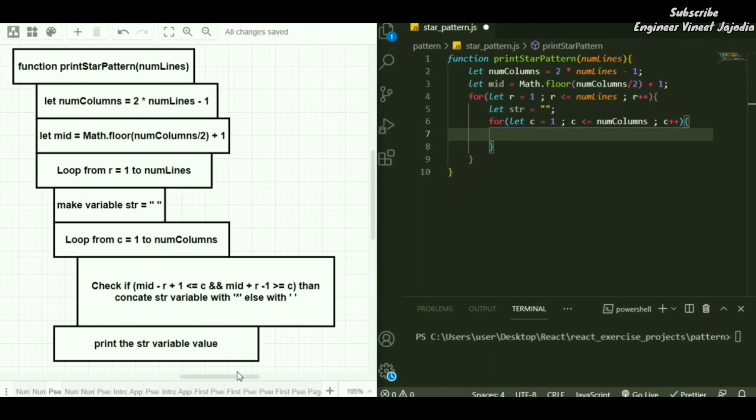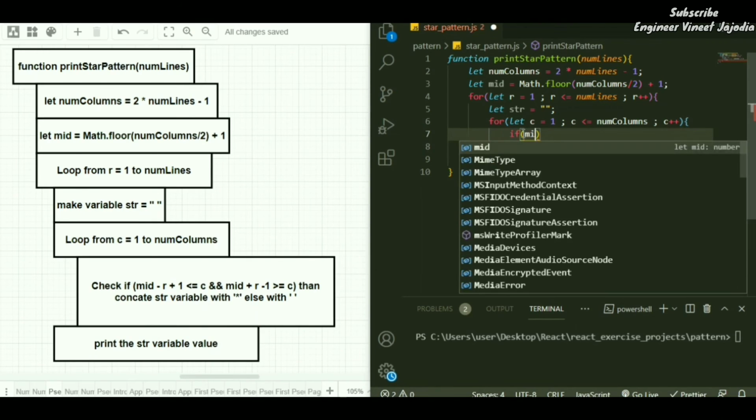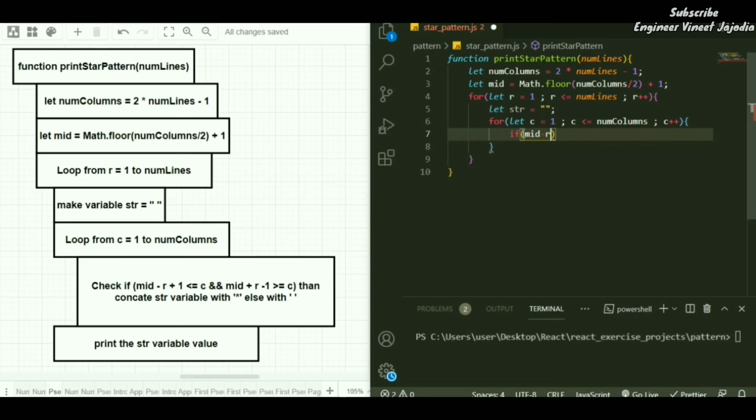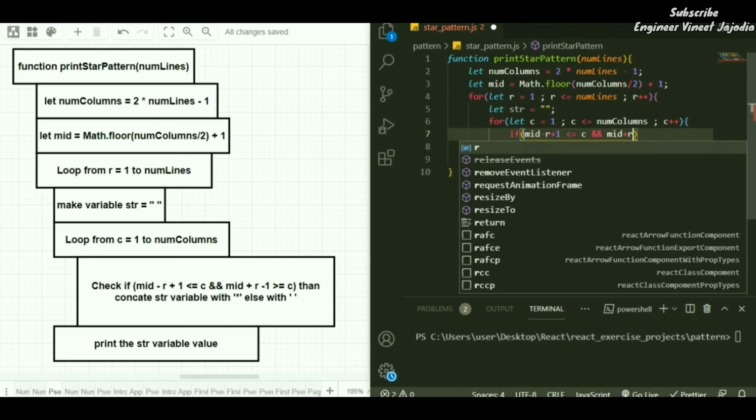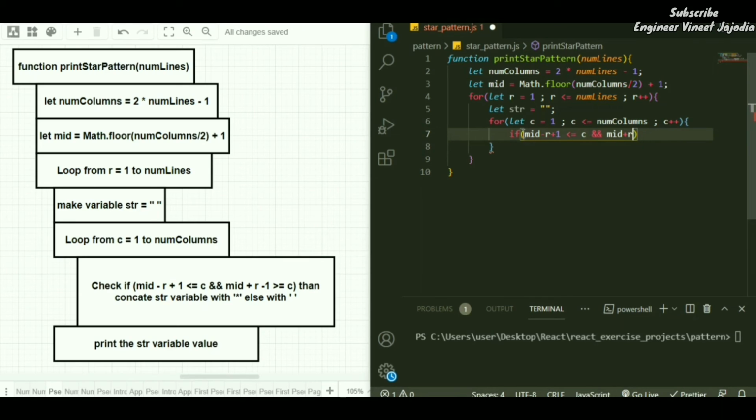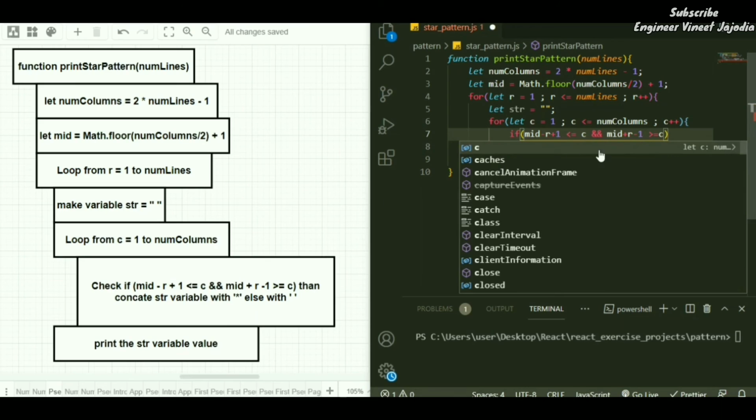So we are going to check if mid minus r plus 1 is less than or equal to c and mid plus r minus 1 is greater than or equal to c.